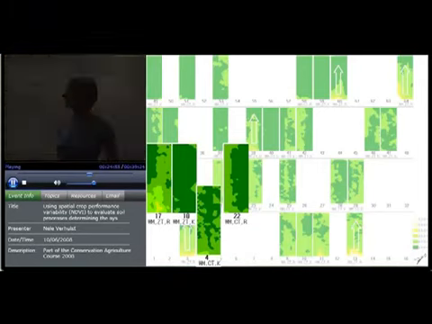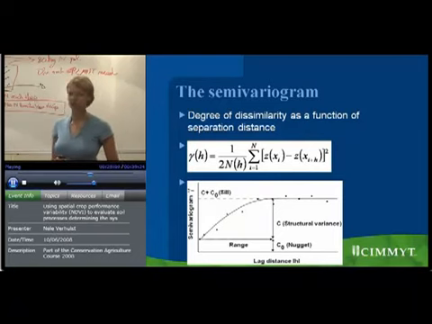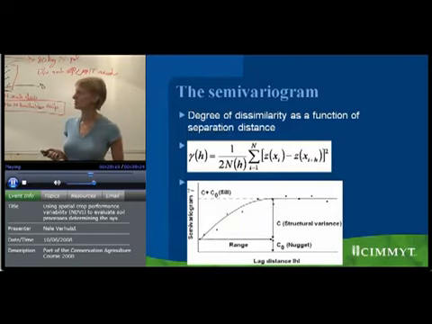Now, this is something to look more into detail at spatial variability in your data. It's called a semi-variogram, and it gives you the degree of dissimilarity as a function of separation distance. Separation distance being between measurement points. Now, if you want to calculate your semi-variogram value for a certain separation distance, let's say for 1 meter, you